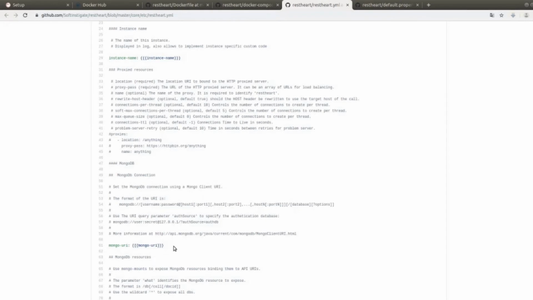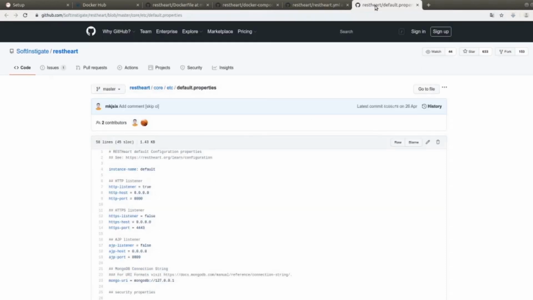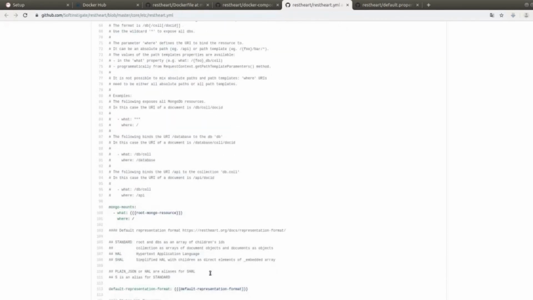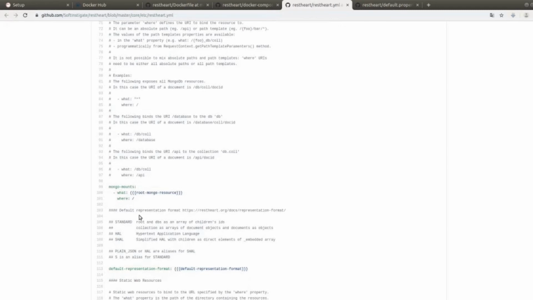If we have an instance on a provider such as Atlas, AWS, or somewhere else, even on another machine in the local network, then we have to go and specify the correct string here, with the IP of the machine where Mongo is running as well as the port used, in case it is not the default one. Let's move on. The database will be mounted directly on the slash and therefore on the root.